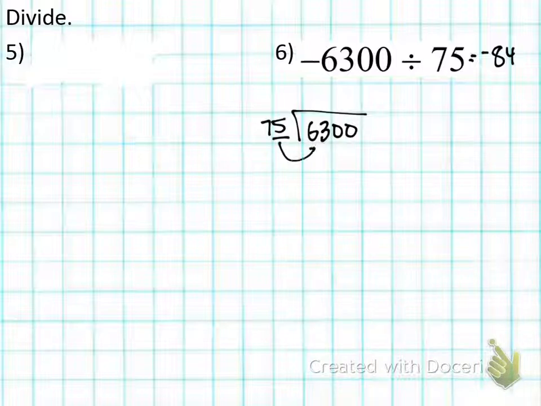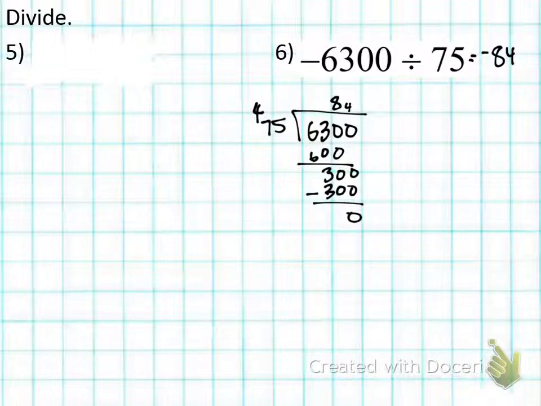We know 75 does not go into 63, but it goes into 638 times. 8 times 5 is 40. 8 times 7, 56, plus 4 is 60. 75 goes into 304 times perfectly. Subtract, you get 0. Okay, so that's your answer. So I need to see your work here every time, okay? Because